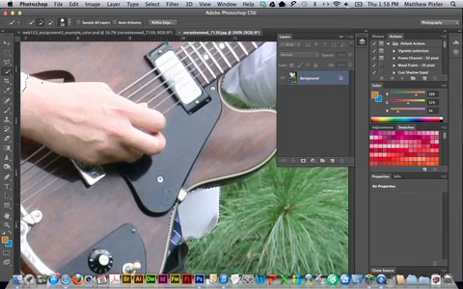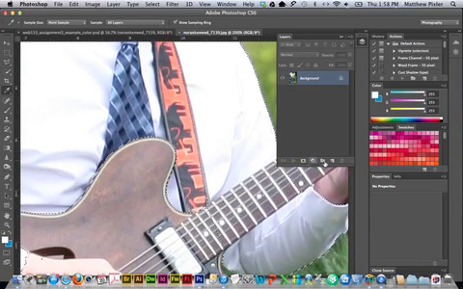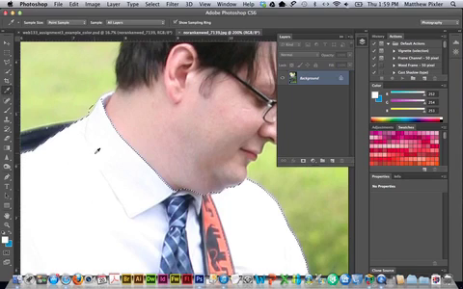So let's say I get my eyedropper tool, click on a base white that I like, and maybe not a pure white. Let's give it a little bit of texture. Let's see here. And then still not happy with that white, but let's go. That's good. Anyway,